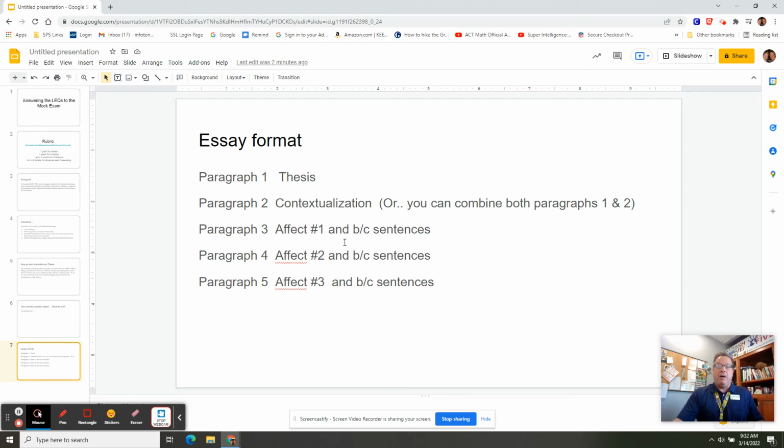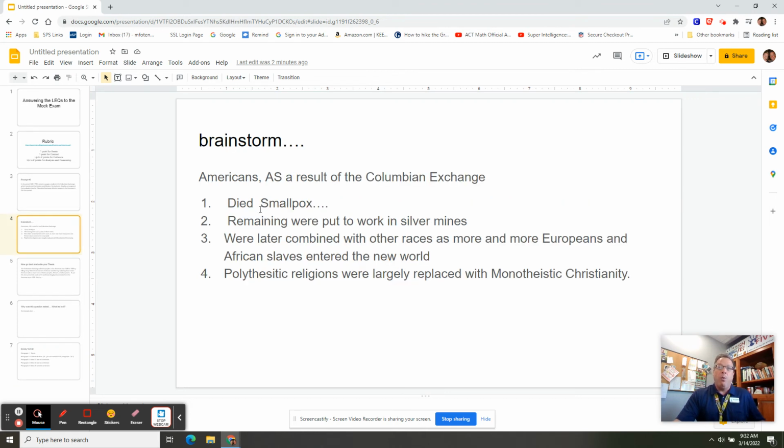If you can get into the because sentences, if you can get into why the smallpox was such a problem for the Native Americans, where the smallpox came from, if maybe you're going to do silver mines and what's going on with that silver and why use the Native Americans, and if maybe you are a student that really understood the casta system and how Native Americans throughout Latin America